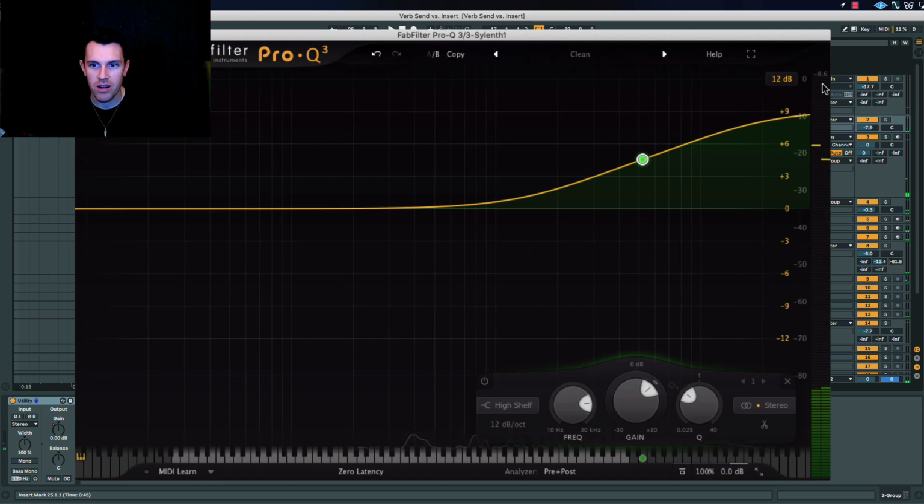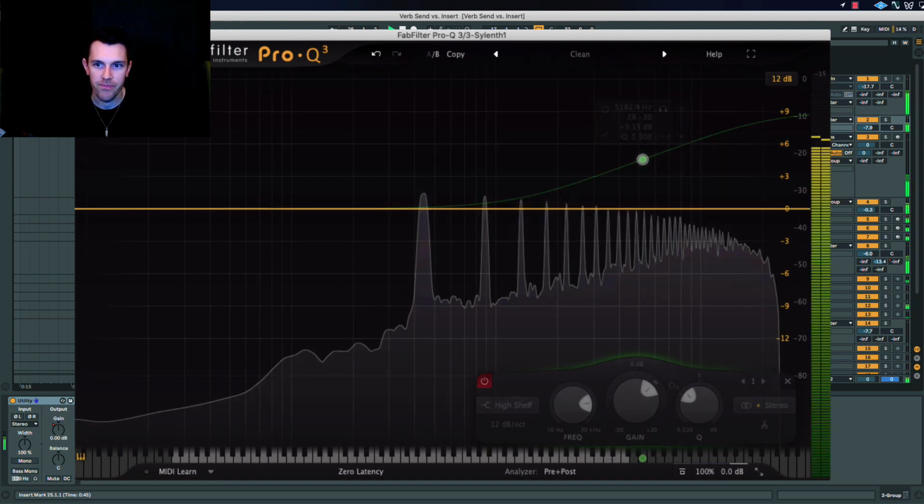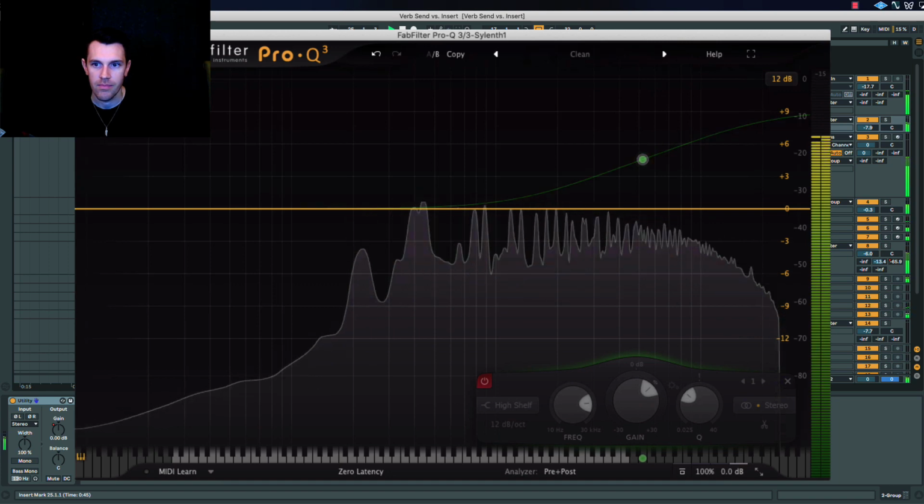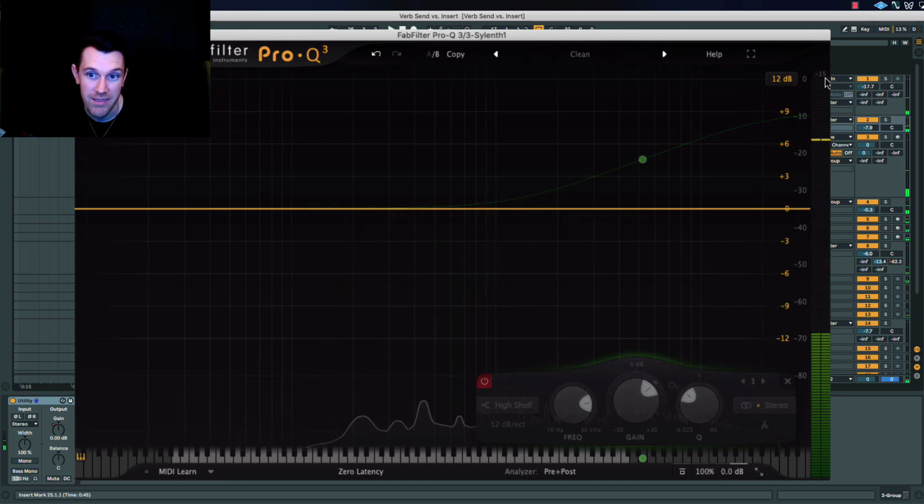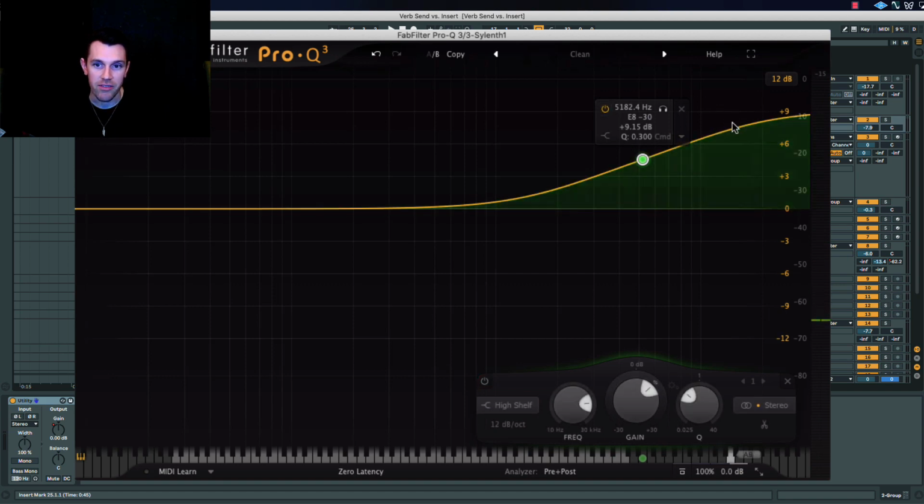See, now we're hitting -8.6, right? So I turn this back off. Back again, it changed a little bit. This is -15. So this high shelf in this EQ move makes the whole track louder